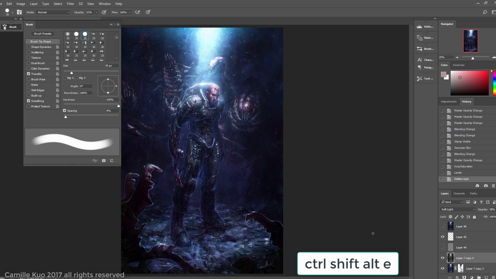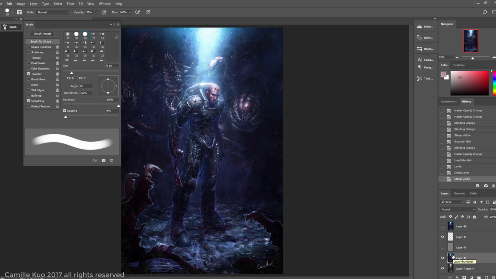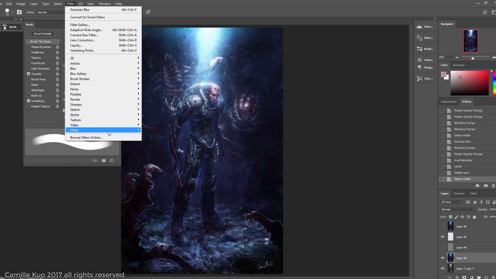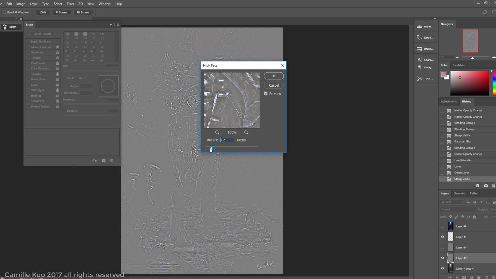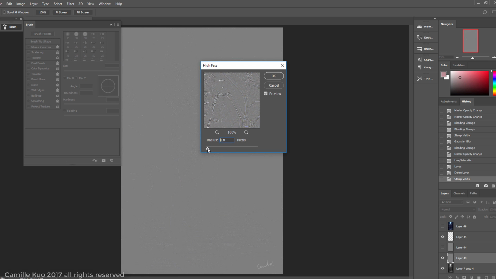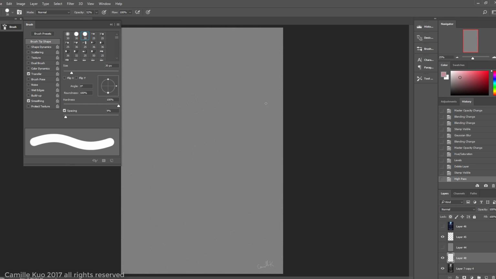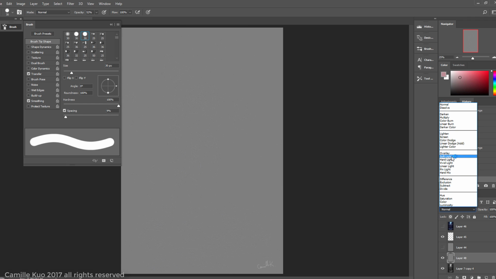So again, Ctrl-Shift-Alt-E. That will give you a new layer which flattens everything. Then just go to Filter, Other, High Pass. And then you should adjust it just slightly and hit OK. And then set the layer property to